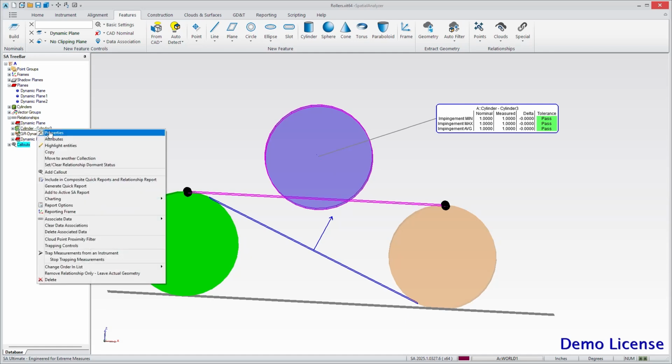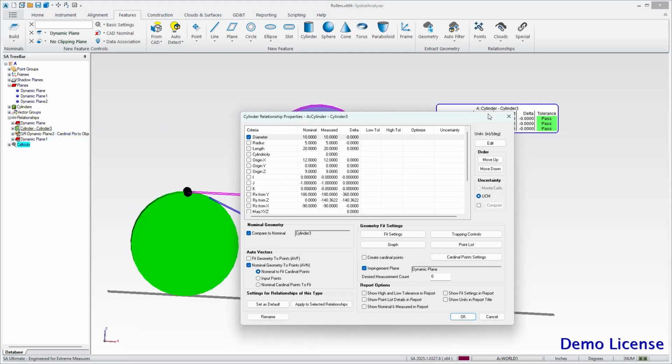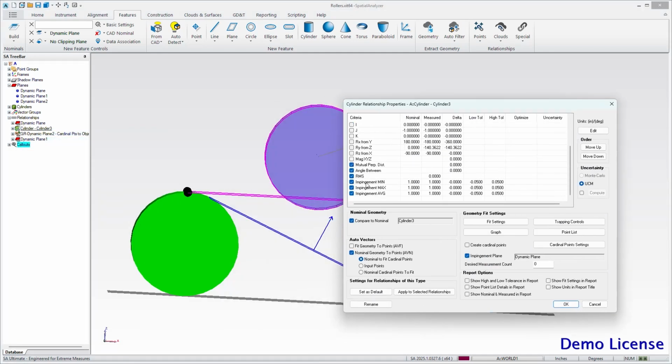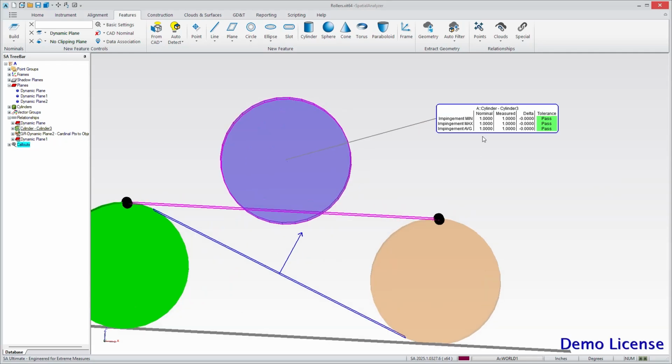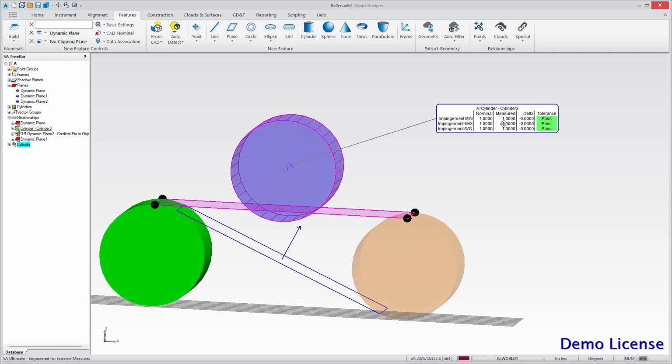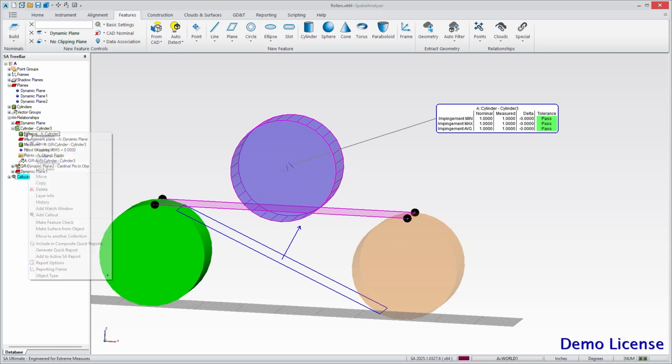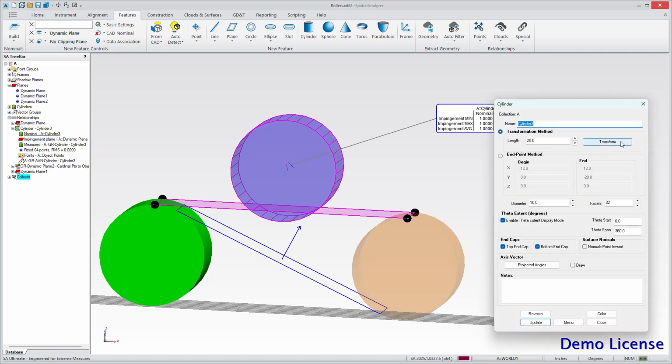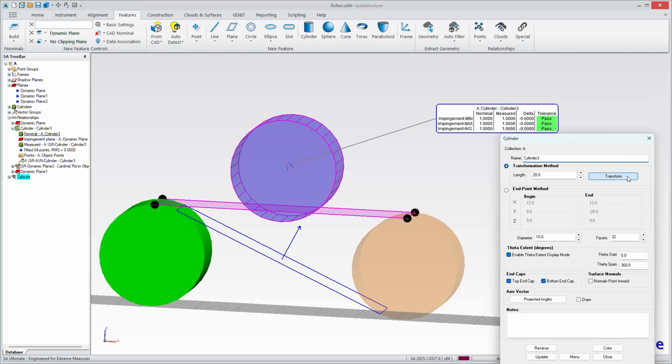So if you were to go to the properties of the cylinder and look at the criteria, we now have a couple additional specific ones for this application. And the way that this works is you have a nominal, which is the depth that you expect, and then you would have to remeasure the roll, and as you remeasure the roll, it will recompute. So let me just tilt this myself. If I go here and I tilt the nominal, you'll see, again,